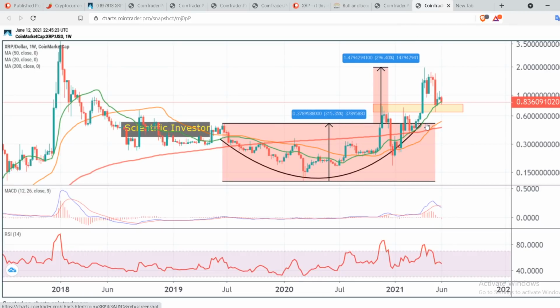And when you get guys suggesting that XRP is an asset which never follows the pattern, go back in time and look at the videos where we were talking about this particular rounded bottom pattern and the chances of it reaching the first target here, which is around 180%, and the second target of 300%. Now you look at XRP, it has done that 180% first and then consolidated more than we anticipated. I agree, but it reached the second target too.